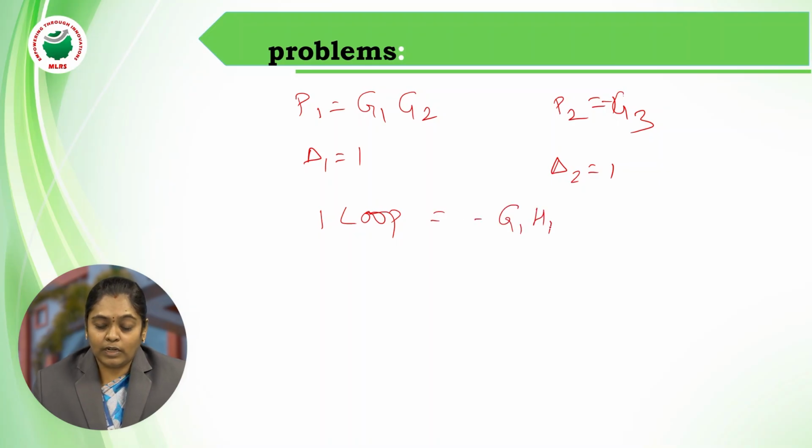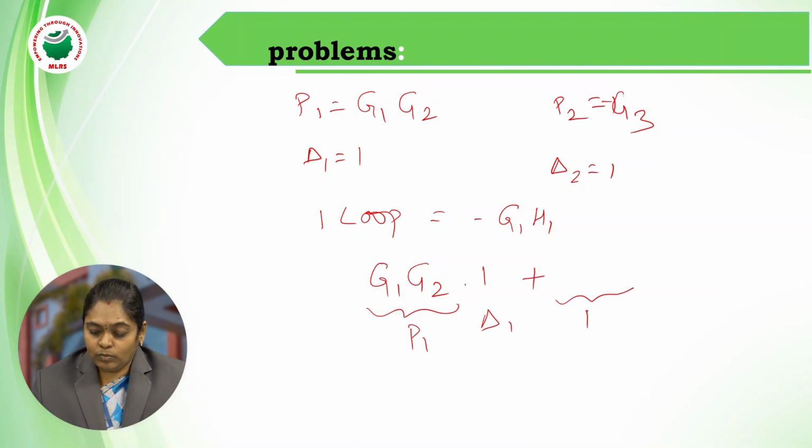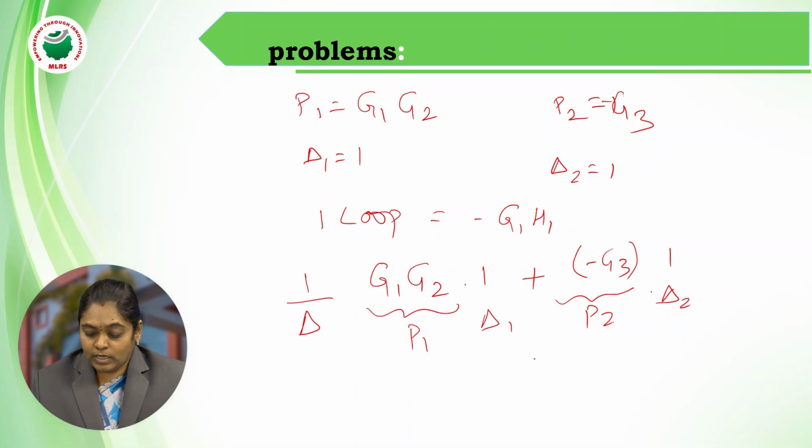As we are having only one loop, we don't have any non-touching loops. So this can be written as G1, G2. This is nothing but P1 into delta 1, which is 1, plus P2. P2 is nothing but minus G3 into delta 2, which is 1, divided by delta. What is delta? 1 minus the sum of individual loop gains. Only one loop. So this can be written as G1, G2 into 1 is G1, G2, minus G3, by 1